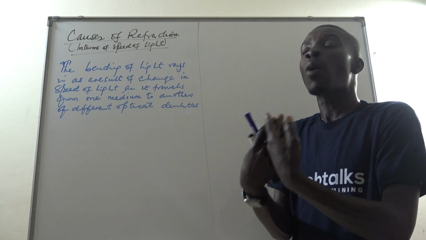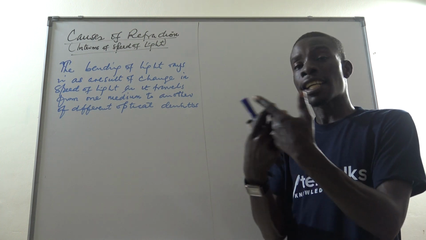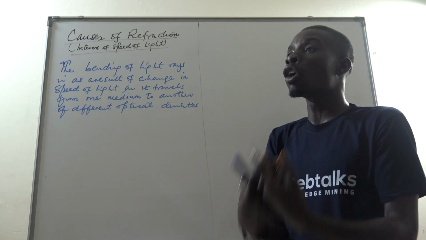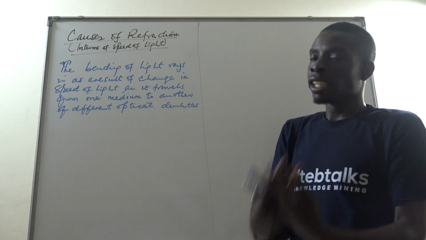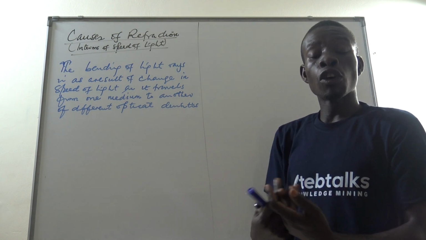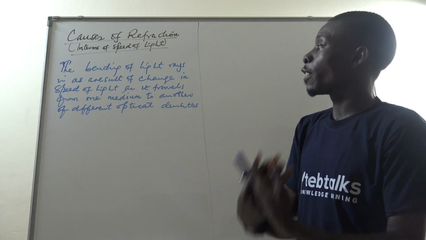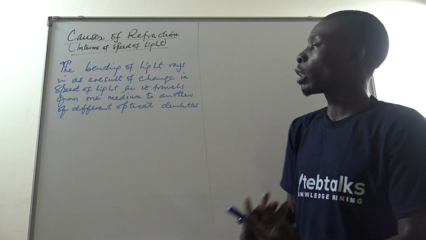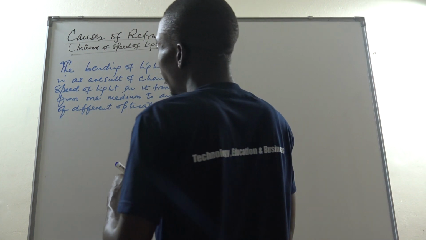Okay, so the reason why light changes direction, it is because the speed changes. And the reason why the speed changes, it is because as it's moving from one media to another, the densities of the media also changes. So that is what is basically bringing about refraction. And we have just talked about it in terms of speed of light. So we can add on and say